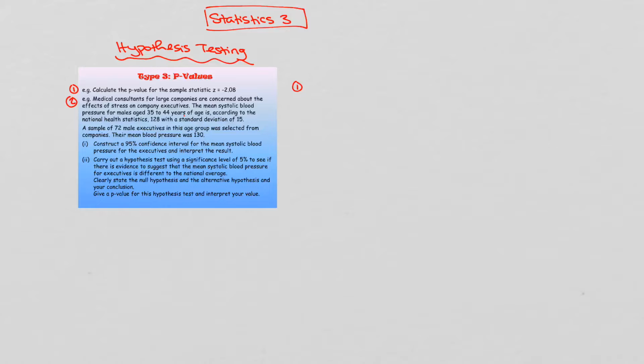So what we're going to do is sketch our graph. And we see here minus 2.08 is roughly here. And even though we're testing minus 2.08, as I said before, at this level we're always doing the two sides, the two-tail test here. So we'd be looking at 2.08 on the right-hand side as well. Okay, and therefore our p-value